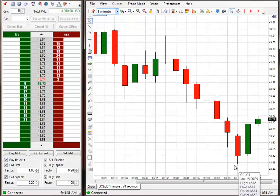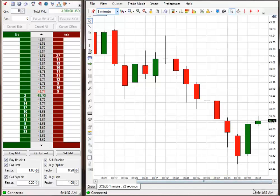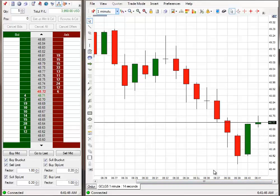So you have a mathematical possibility of that. You have a mathematical possibility that it's going to come back and play around for an hour or two before it comes back down again. I don't want to wait. You also have a mathematical possibility that it'll keep going, go much lower, even 200 ticks even. And it just got out early for 80 ticks. But